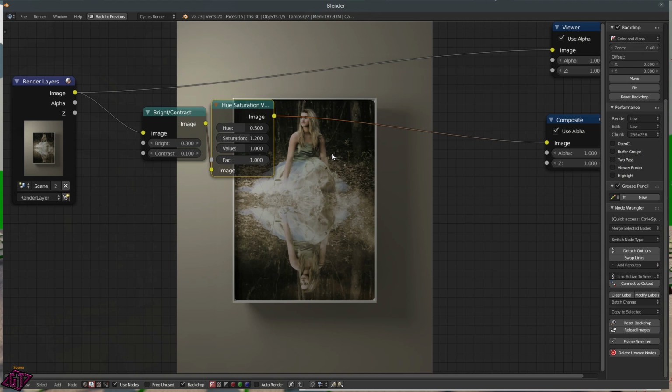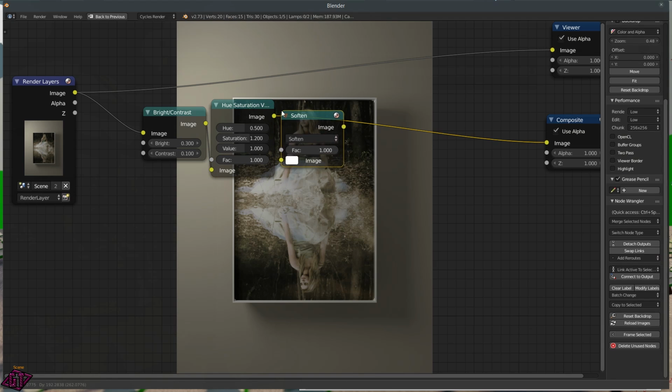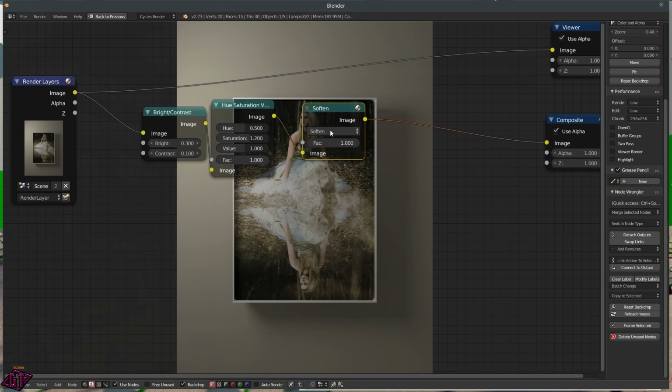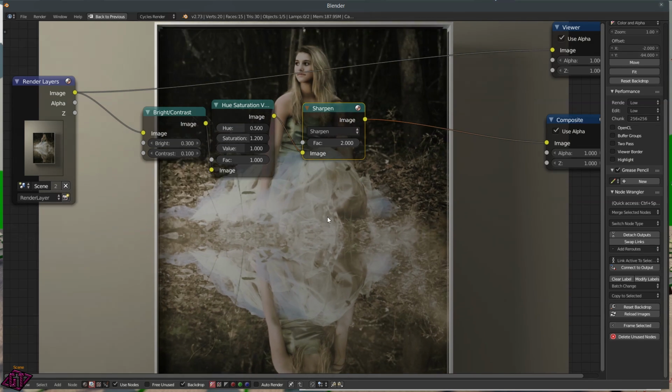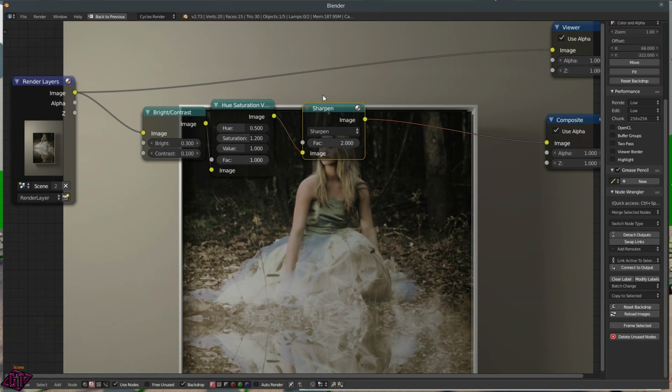And the next thing I'm going to do is I'm going to press Shift A, and then we're going to go to filter, and then click on filter. And we are going to put this on sharpen. And if you move this sharpen up, let's say I go to 2, press enter, and I press Alt V to zoom in here. Then you hold down Alt and your middle mouse button, and you'll see